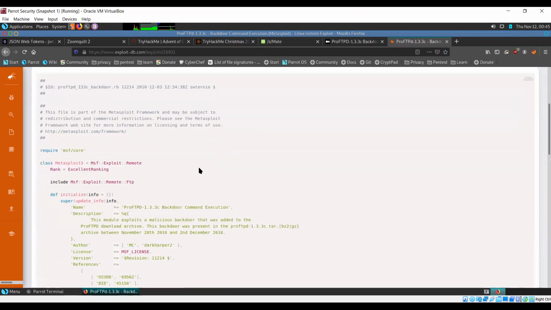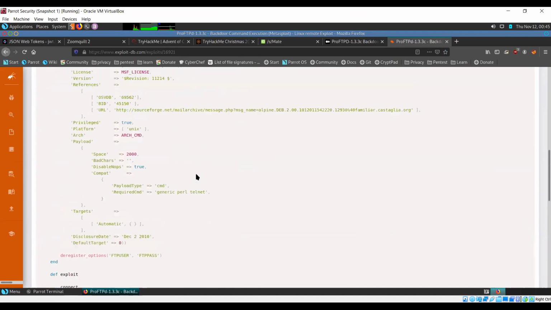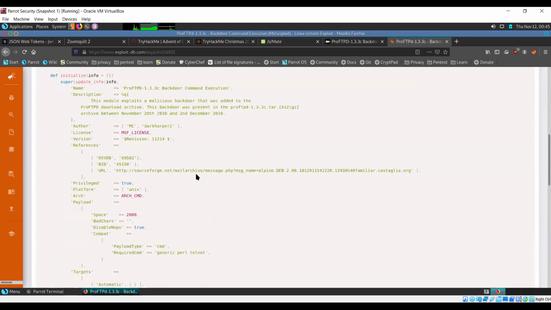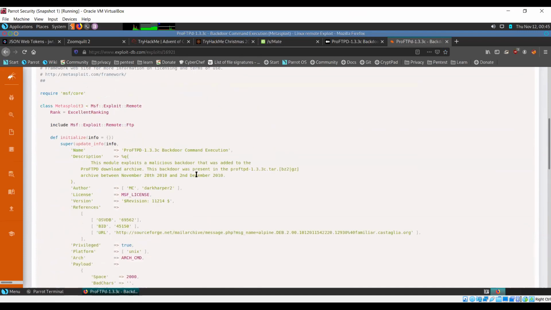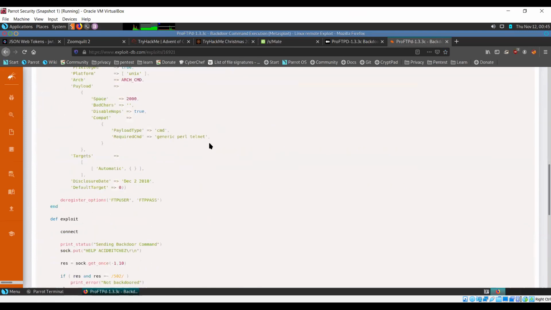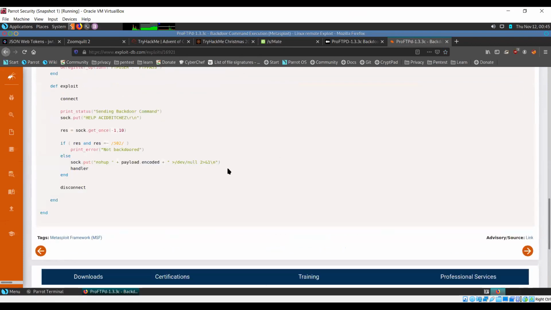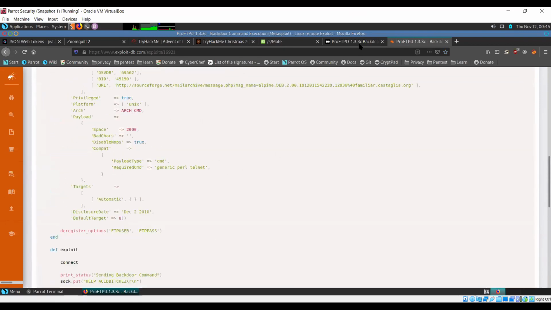Okay, now this is code for Metasploit itself. So this is not going to run separately. It's only going to run with Metasploit. If I just download this exploit, it's not going to run like this.